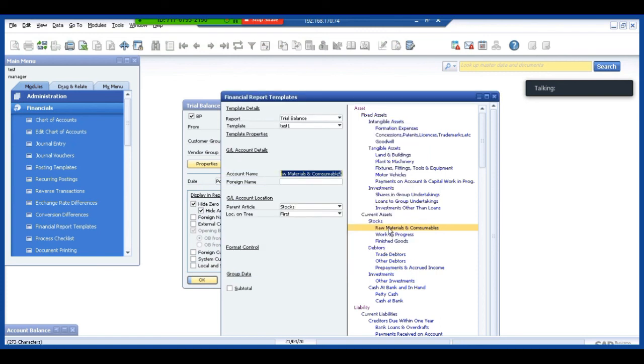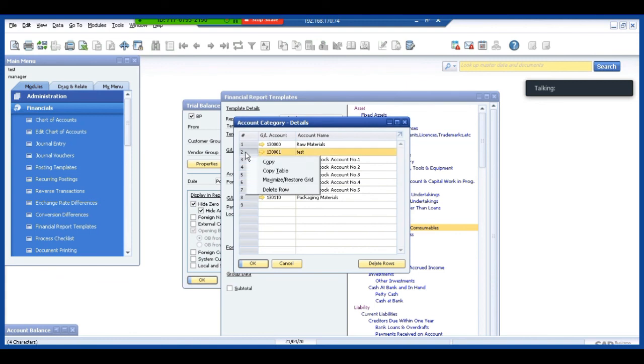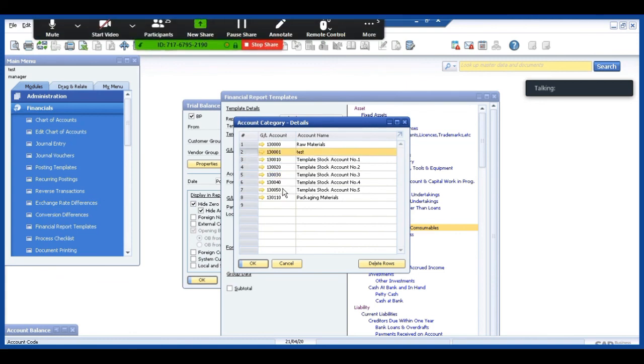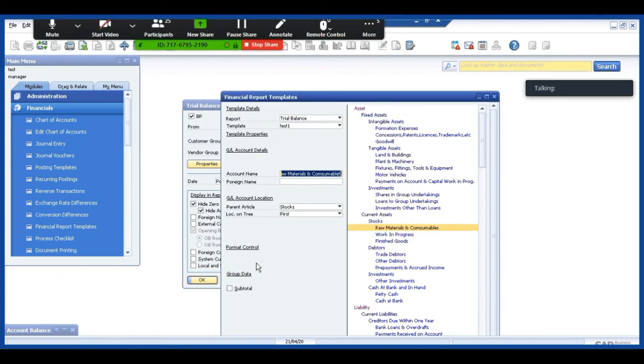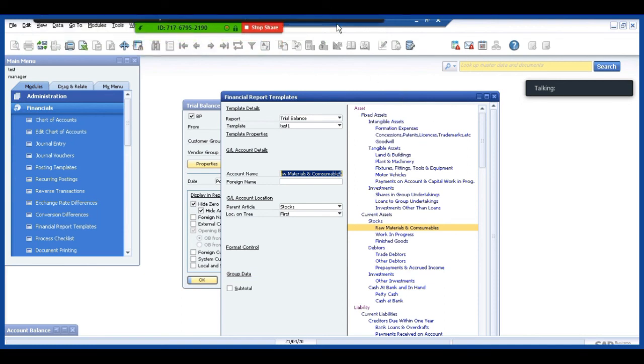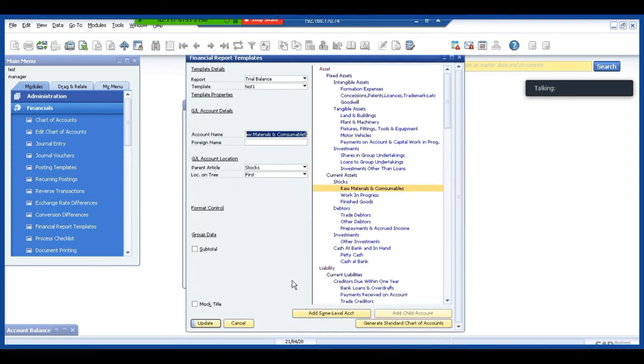Delete row. It's updated. I'll click on this as well. Update.